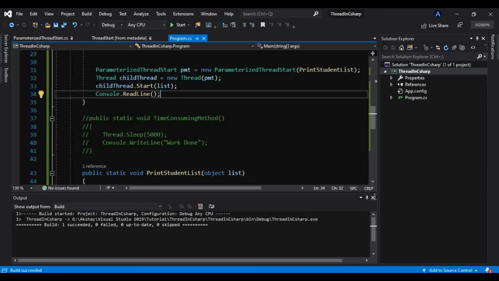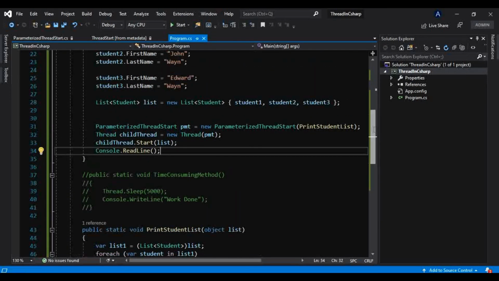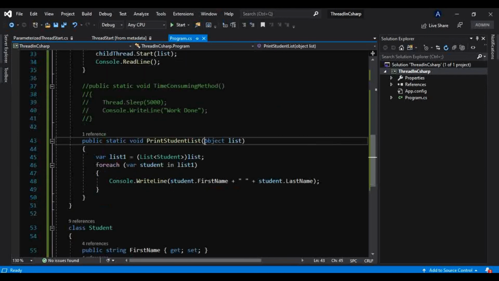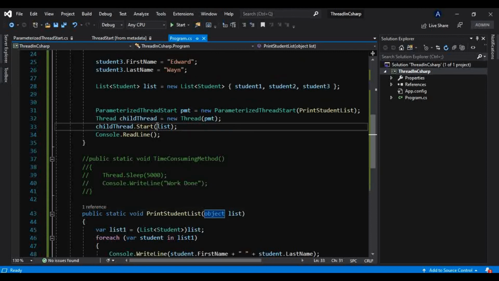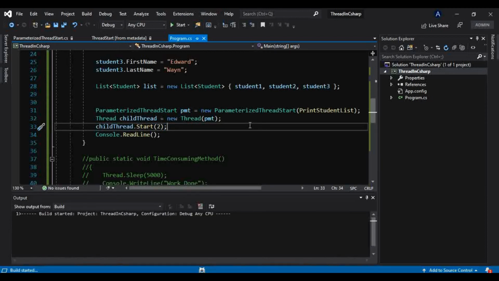But now guys, why are these threads not type safe? Because it is taking the parameter as an object, and we know if it is an object, we can pass anything here, not only a list. What if I pass 2 here, instead of that list? It will take that happily, it will not even throw any error at compile time, but as soon as I run that, we will get a runtime exception.